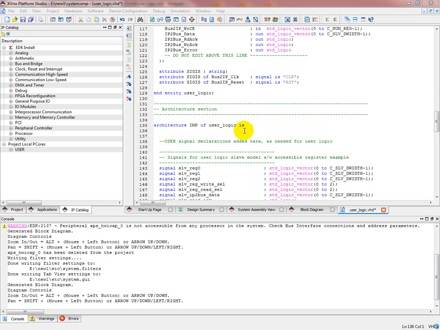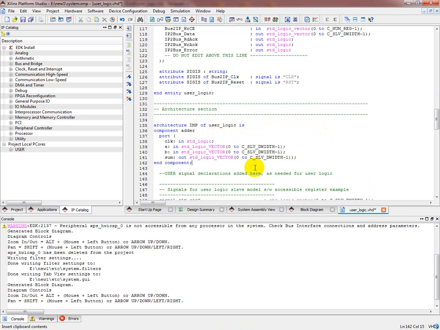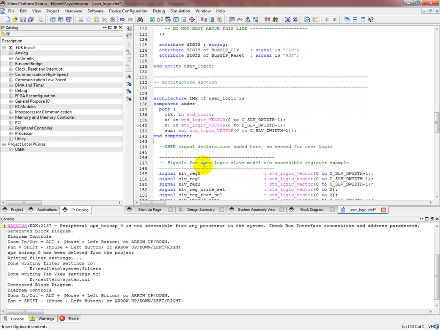So the first step is to instantiate the component. So the component is adder here, and it's already pasted in the directory. So this file will understand, and the POW file tells that this adder is available in this directory with the hierarchy. Okay, so that's the first step. The same port definition should be there as it's in the adder file, otherwise it will give an error, right? After that,